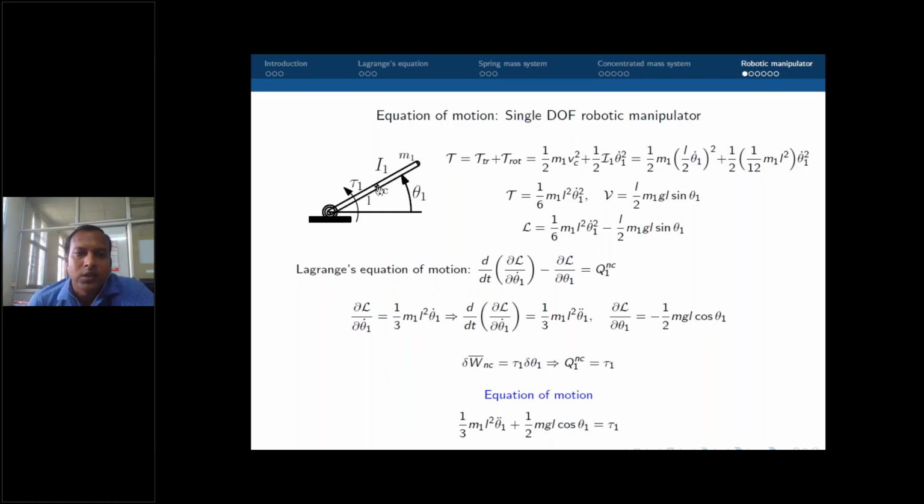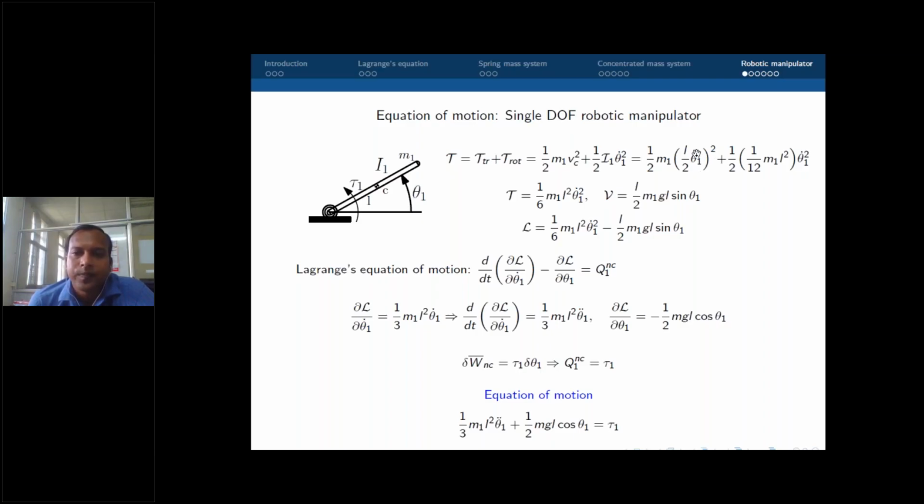For the translational kinetic energy we take the velocity of the center of mass of this rod. The velocity of the center of mass of this rod is nothing but L by 2 theta 1 dot. What is the velocity at the top of the rod? It is L theta 1 dot. But we want the velocity of the center of mass. So the velocity of the center of mass is half L theta 1 dot. So the first part of the kinetic energy is half m1,